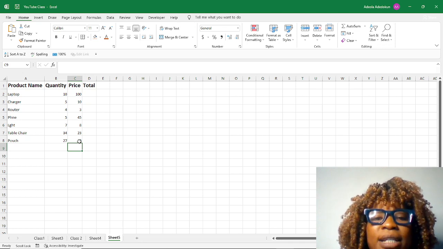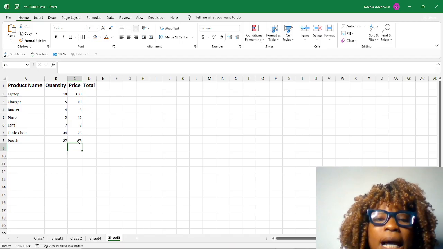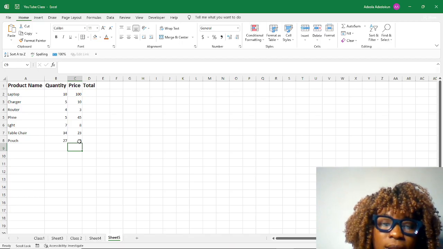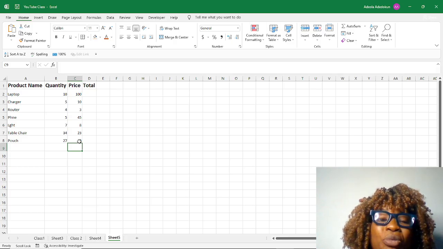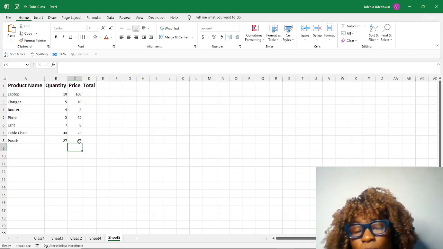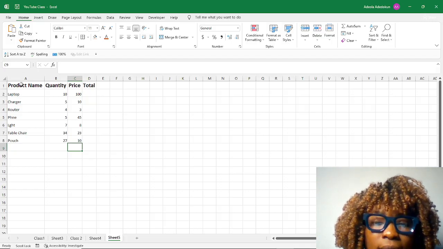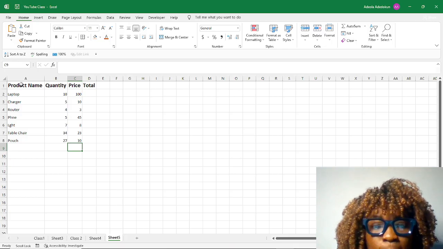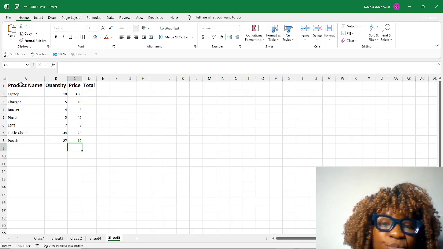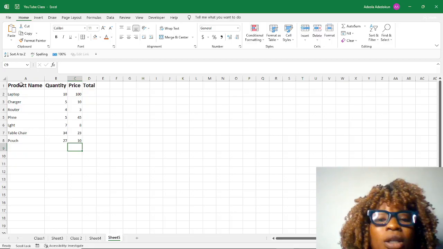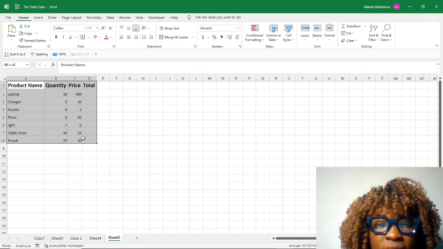Adding borders around cells helps to visually separate the data and makes it easier to read. Because these are just grid lines, when you print out this form, you cannot see any lines. So adding borders to our data helps us to visually see the data separated and makes it easier to read. To add borders, we're going to select the cells that we have something in,